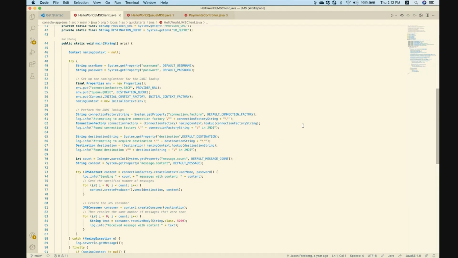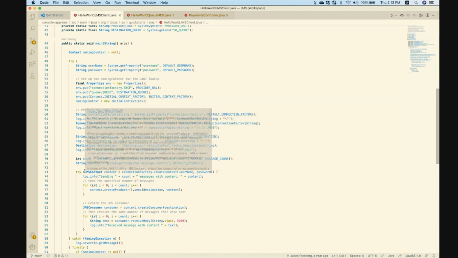As I will tell you shortly, one of the major innovations in Java EE 7 was the ability to just @inject things, and you can @inject a JMS context. Here in Java SE, we don't have that benefit, so we have to look up the connector from the JNDI, and then we will call connection factory. So we're looking up the connection factory from the JNDI namespace on line 62, and then on line 73, we're